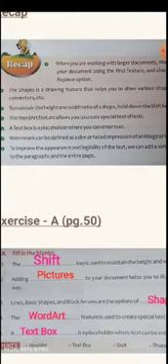Then the word art feature. Like the shapes feature we learned, there is another feature called the word art feature that allows you to create special text effects. When you type something, that typed text can be given some effects, and that effect is given through this word art feature. Then we learnt about the text box.